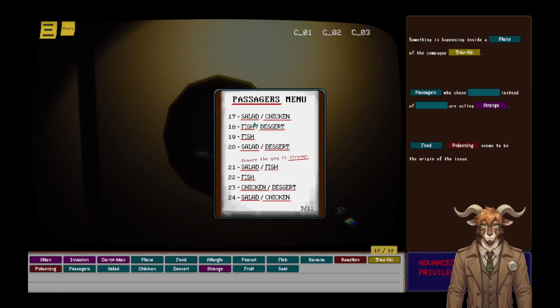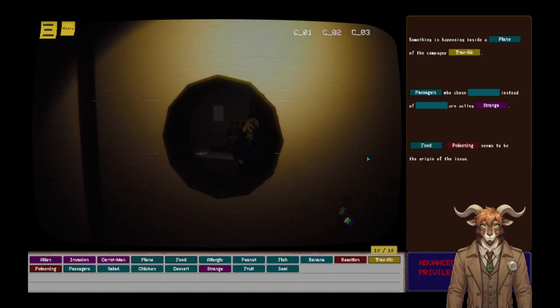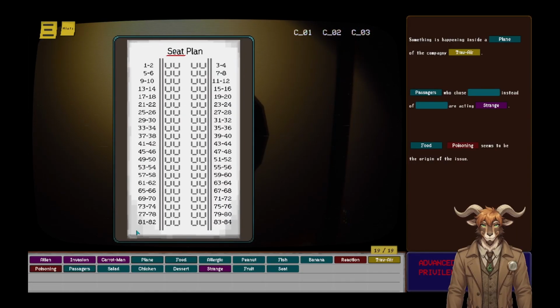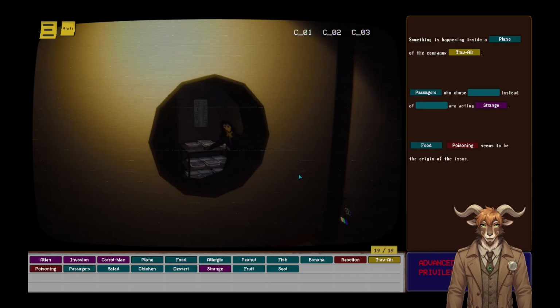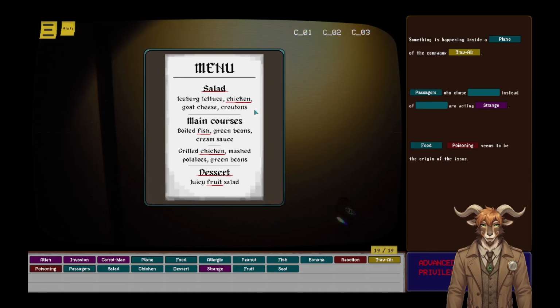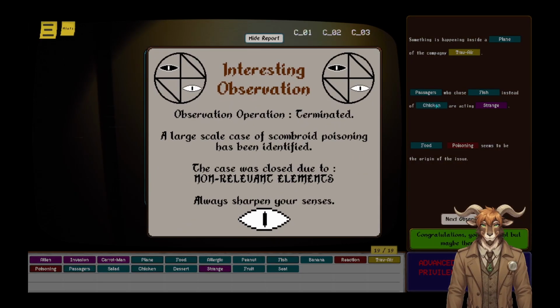58 ordered, we can't see. He's down here. But 57, we can't see what he ordered, but he must have ordered peanuts, fish, or banana. And so the juicy fruit salad would have banana in, I assume. And the fish would have... So maybe it was the fish? Who chose fish instead of chicken? Yeah,